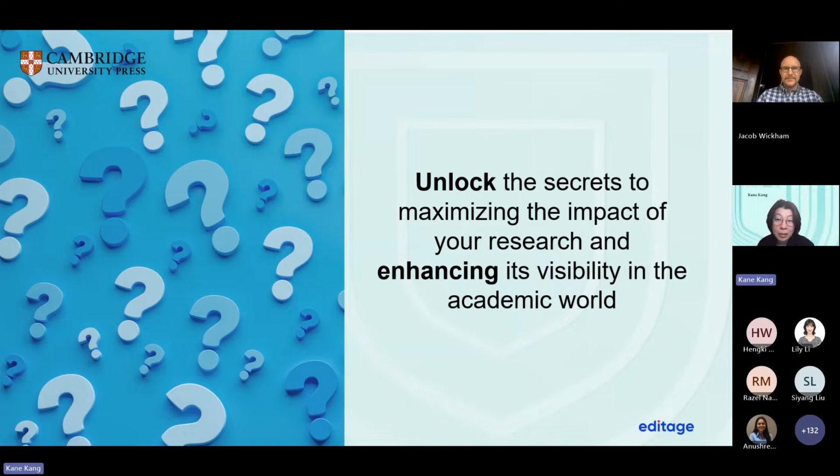Engaging with the academic community through conferences, workshops, and online platforms can also help increase the reach and influence of your work. Utilizing tools like Altmetrics to track and showcase the online attention of your research can also provide valuable insights into its impact.